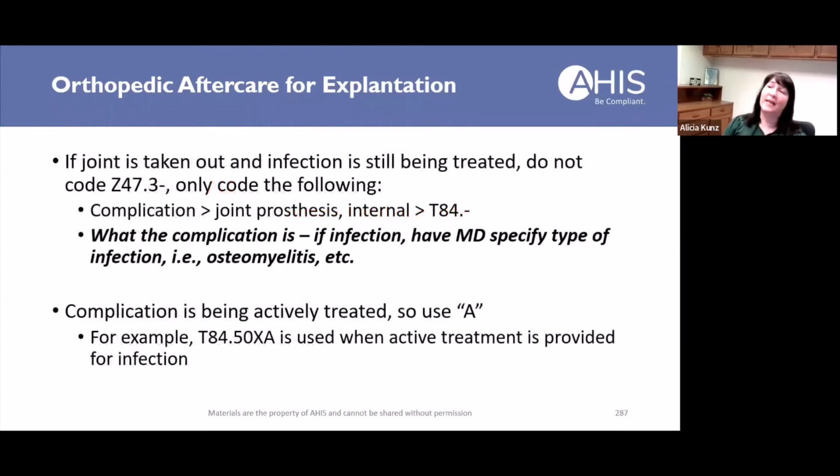If they've taken out the joint, but there's an infection at the site and they're going to treat it, you're not going to use that explantation code. What you're going to do is code it as a complication because there's an active infection going on. So you would look that up with the term complication, then joint prosthesis, then internal, and then whatever that complication is, infection, etc. So you would use the letter A for active treatment if they're still getting antibiotics for